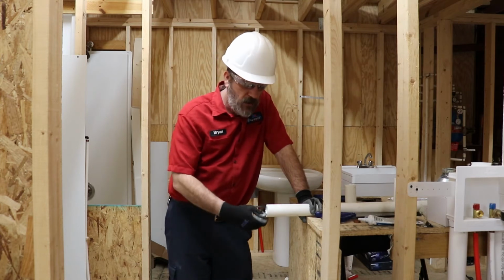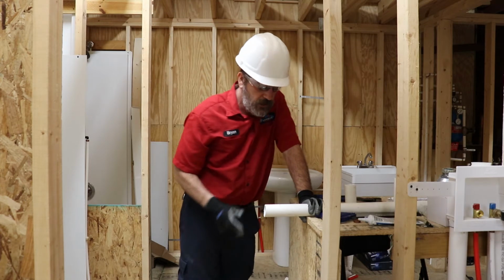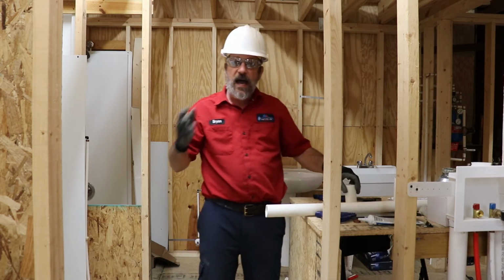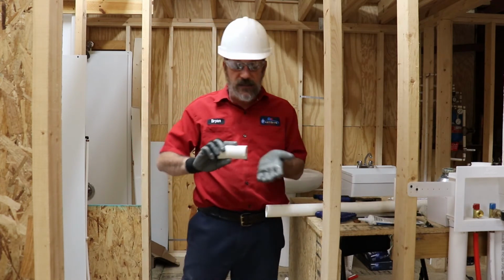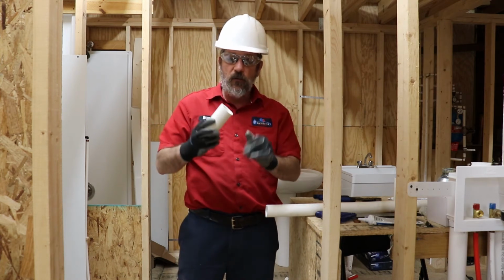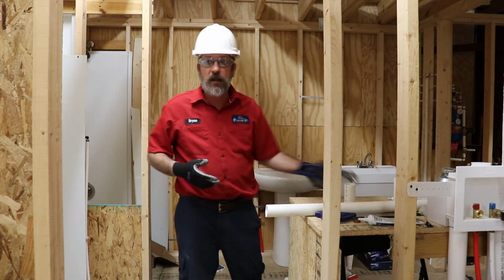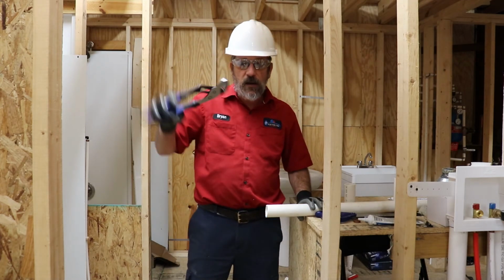burrs around here. Now, if you're wearing gloves or something like that, you can wipe it off with your hand, get most of that out of the way. I have seen on slab houses, guys actually take the pipe and roll it across the concrete to remove those little pieces of plastic. And some of your older plumbers, I have seen them take a pair of channel locks, and